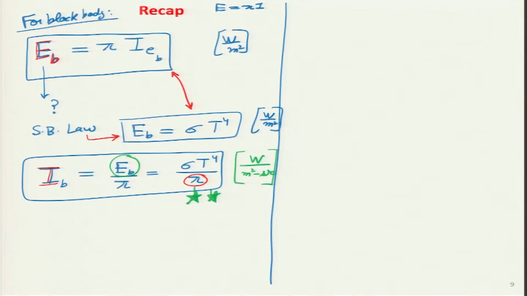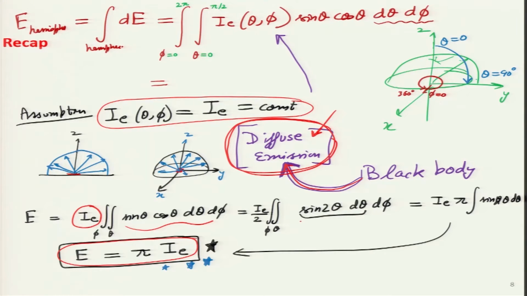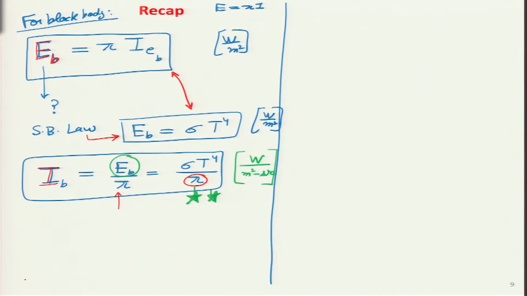This is a very typical case where students get confused, and we always used to think that if we are calculating the total rate of energy leaving per unit area for a hemisphere, it should be E divided by 2 pi, but there is no 2 over here, and the reason for that is because we are integrating it with sin theta and cos theta. So, please do this exercise yourself over here, and you will see that when we are taking the projected area over the whole hemisphere, it turns out to have a half component over there. So, 2 pi gets multiplied by half, eventually we get pi. So, it is correct.